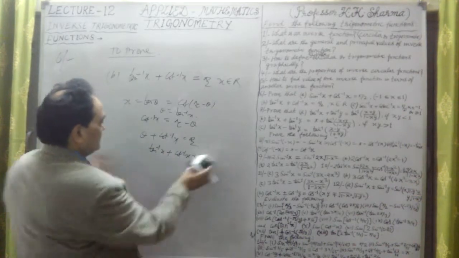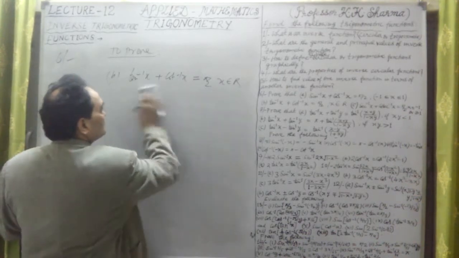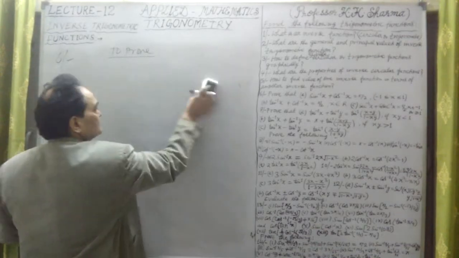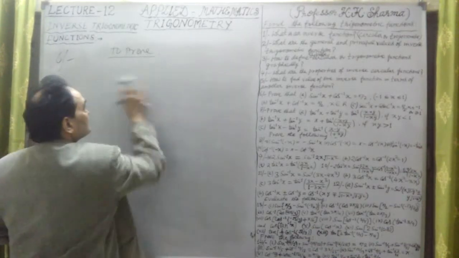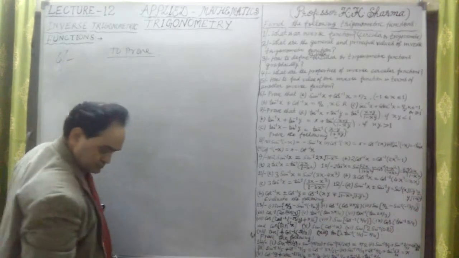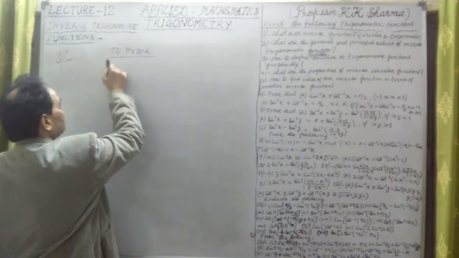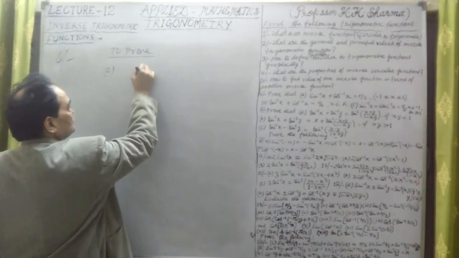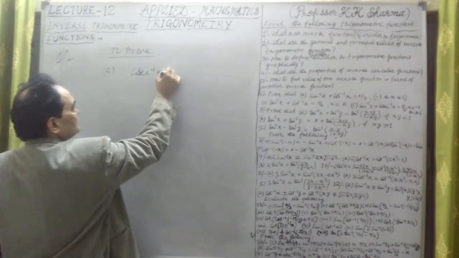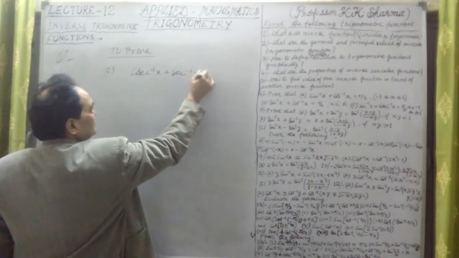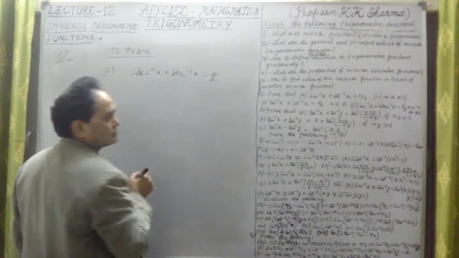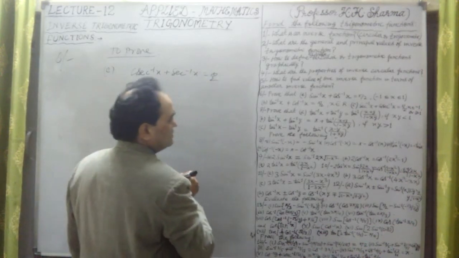Similarly, the third one, secant inverse x and cosecant inverse x, that we have to define. The third part here is cosec inverse x plus sec inverse x equal to pi by 2. Okay, here x belongs to